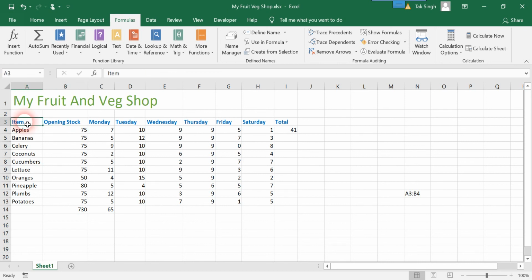So the range A3 to B4 is basically pointing to the diagonal ends. If it's A3 to A13, then it will be a rectangle of one cell breadth.